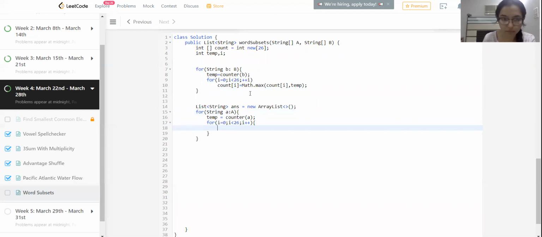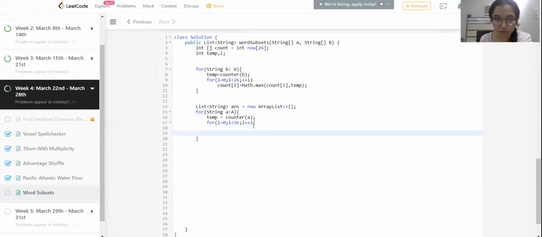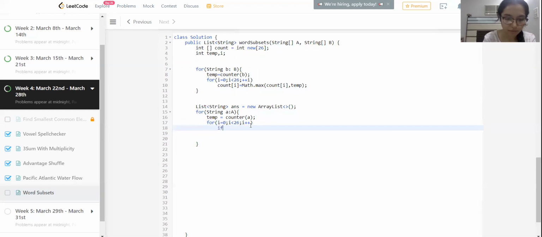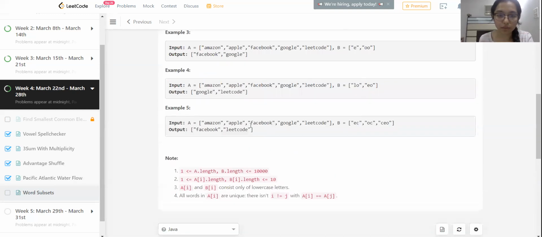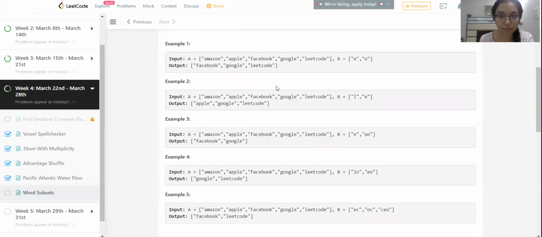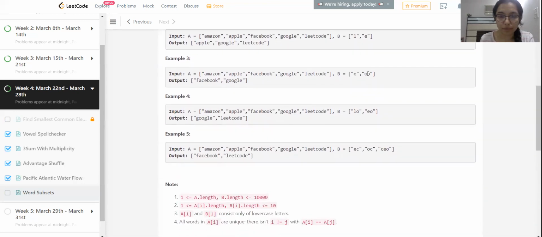If temp of I is less than count of I, which means the number of letters, as we saw here, let's see this example. Here we have to return with two O's, right?